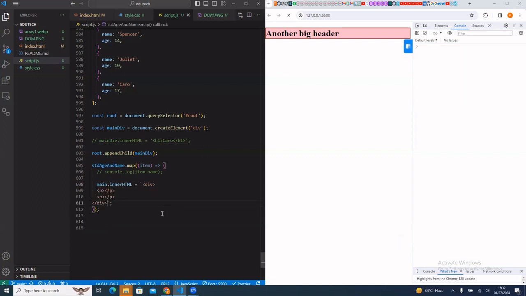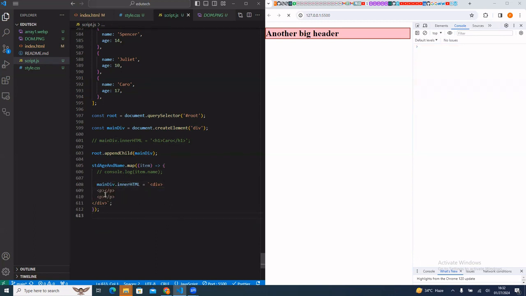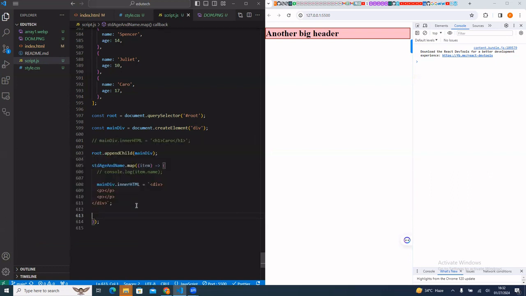So JavaScript understands this very well. You're telling JavaScript, when you run this, what is it telling me? See, main is not defined. Okay, it's supposed to remain. When you run this, it will now form a main and attach this thing to it. Okay, let me see. Okay. So what it will now do is that it will now form this, and the inner HTML of this